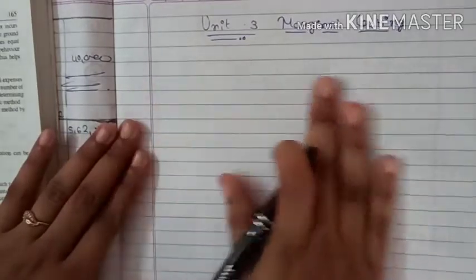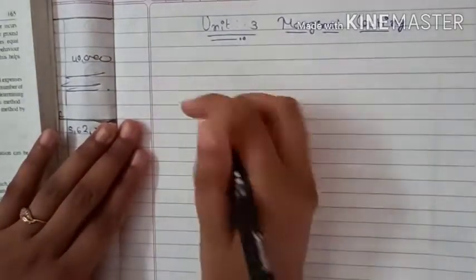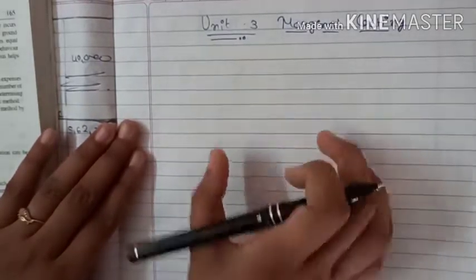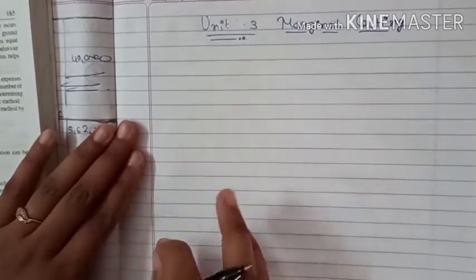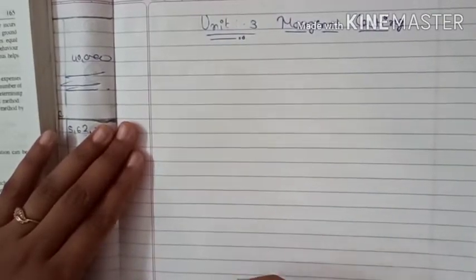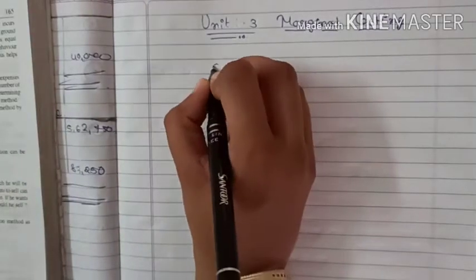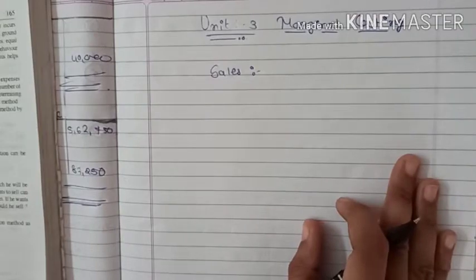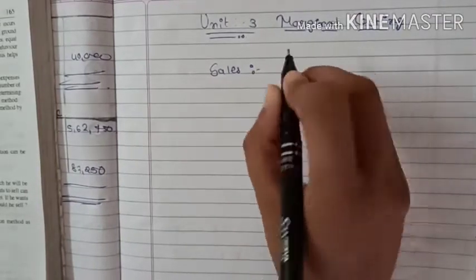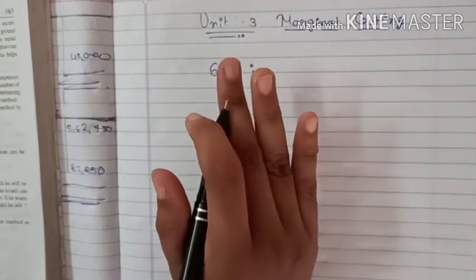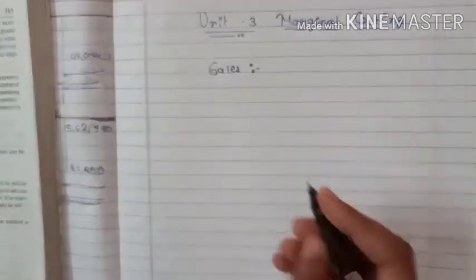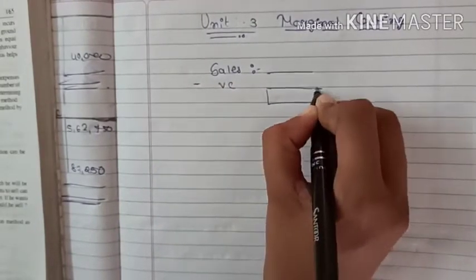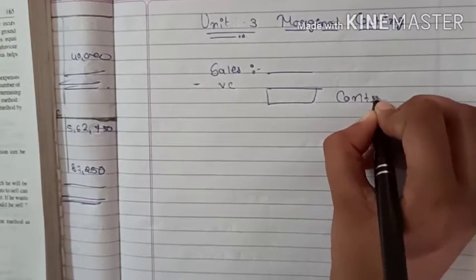So first, I'm showing the basic structure. This is very important for solving with the various formulas. In this way you don't have to remember each and every formula. On the basis of this you can easily find all the missing items in marginal costing practicals. So let's start with this format. The format is like this: sales minus variable cost, whatever answer comes, is known as contribution.